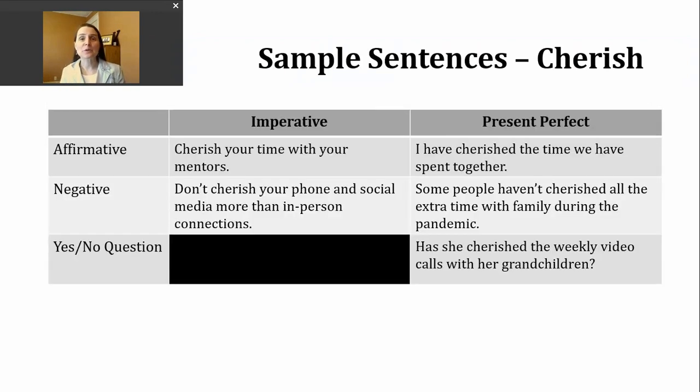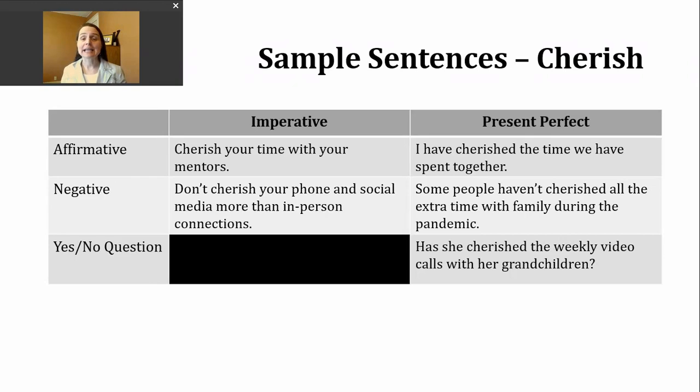You'll be happy to know I don't have any additional phrasal verbs for us to look at today, but we're going to spend a little time practicing this verb in a few different verb tenses. Today we'll look at the imperative and the present perfect. Let's start with the imperative. Sometimes this title or this description is a bit new for people, but you might know this as a command.